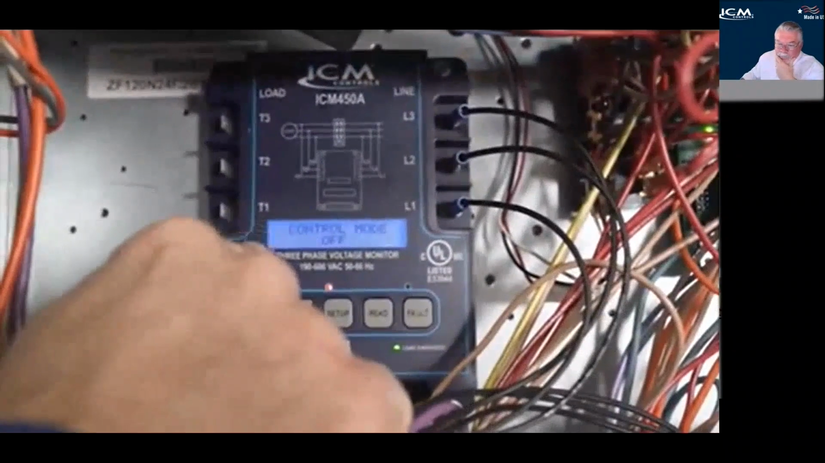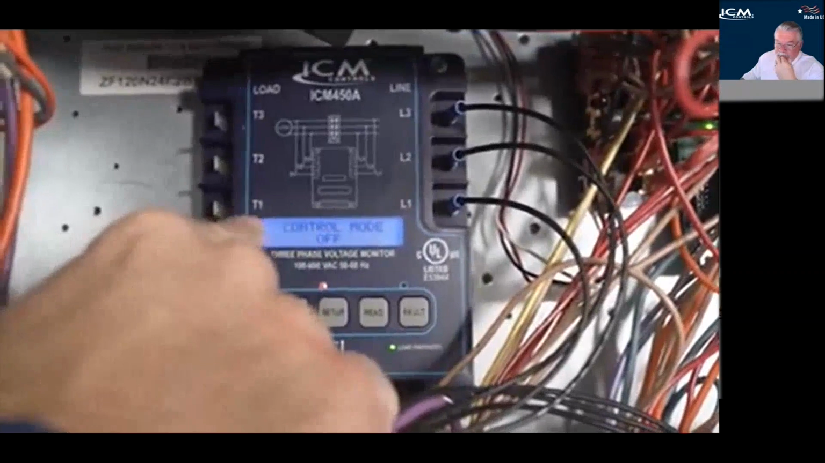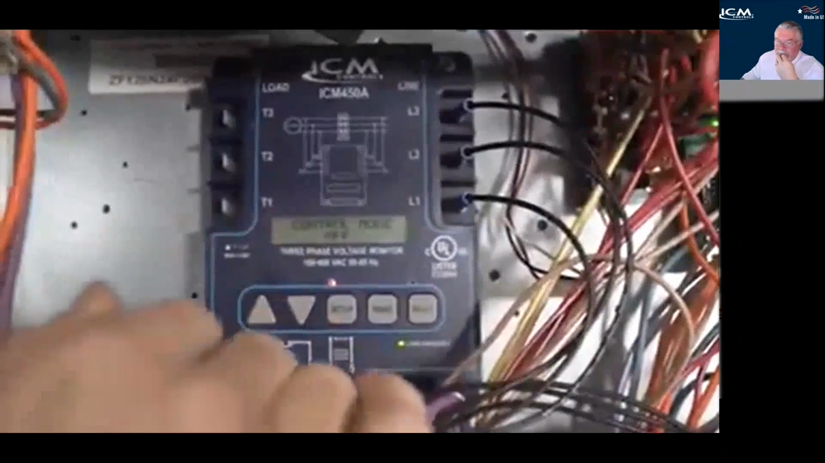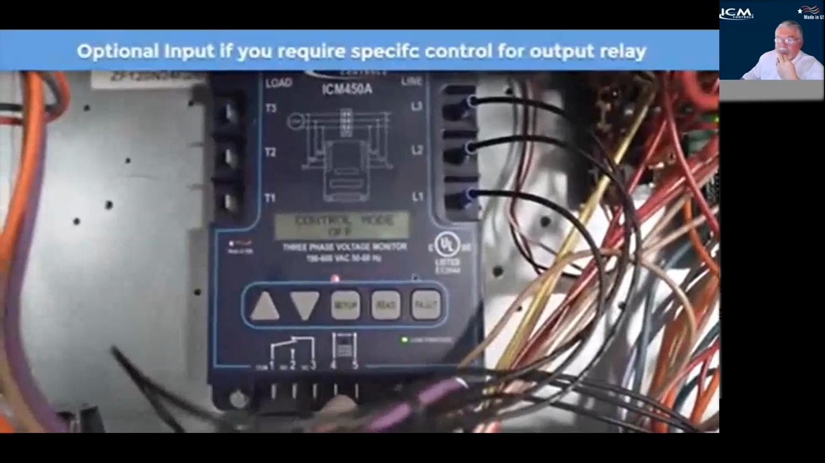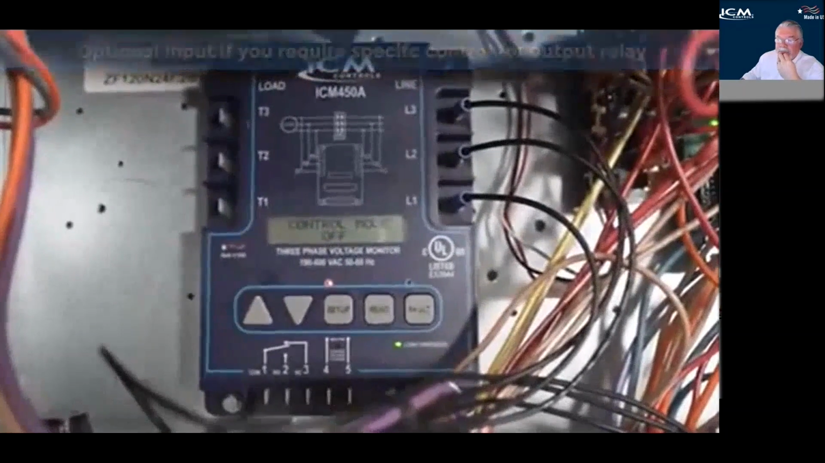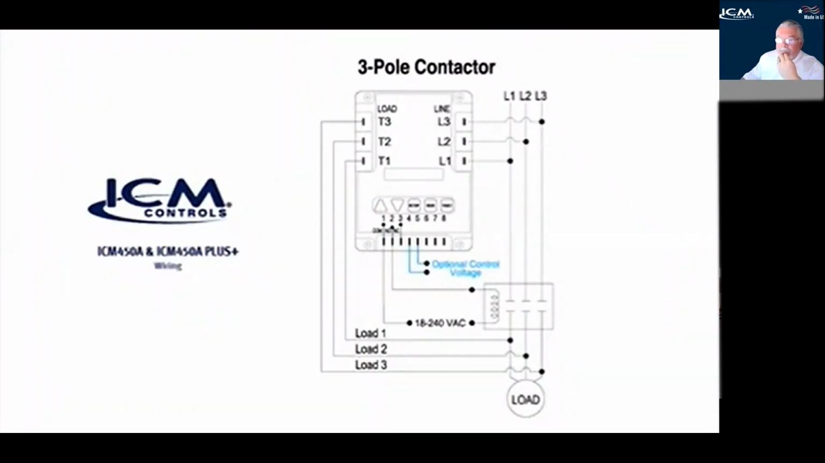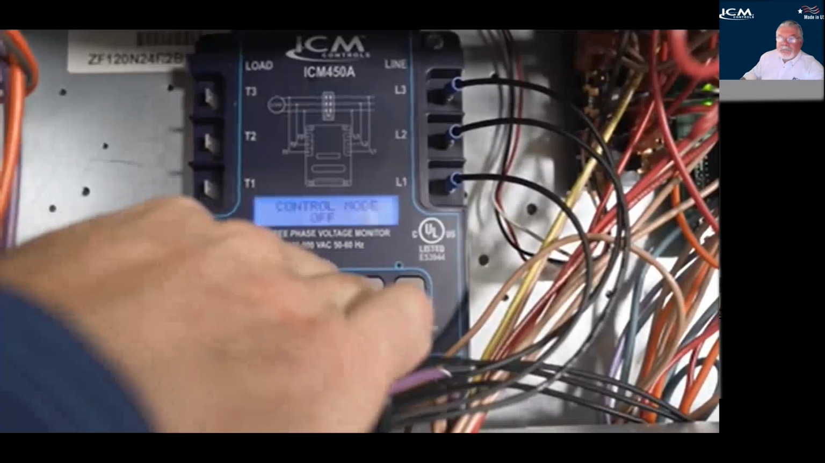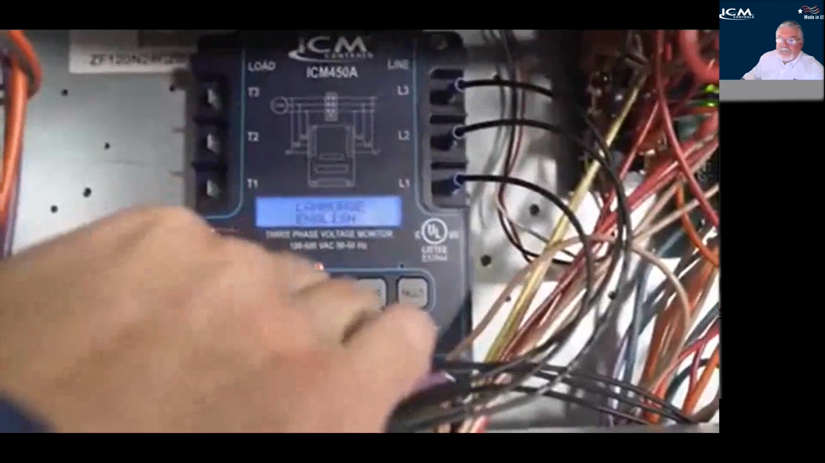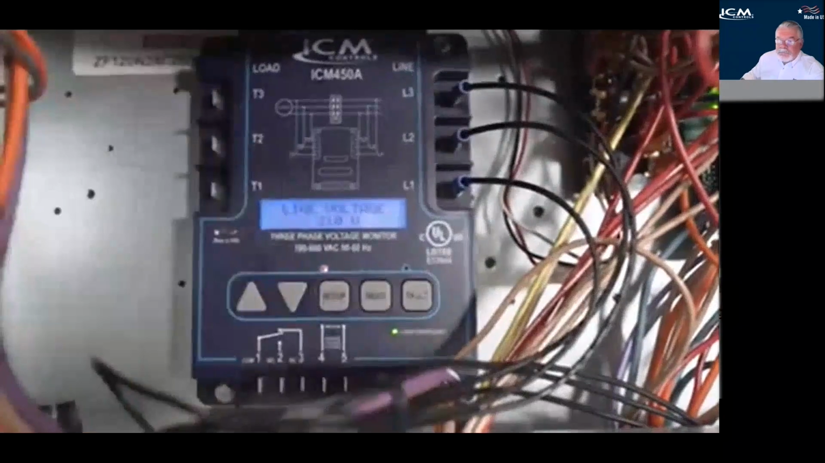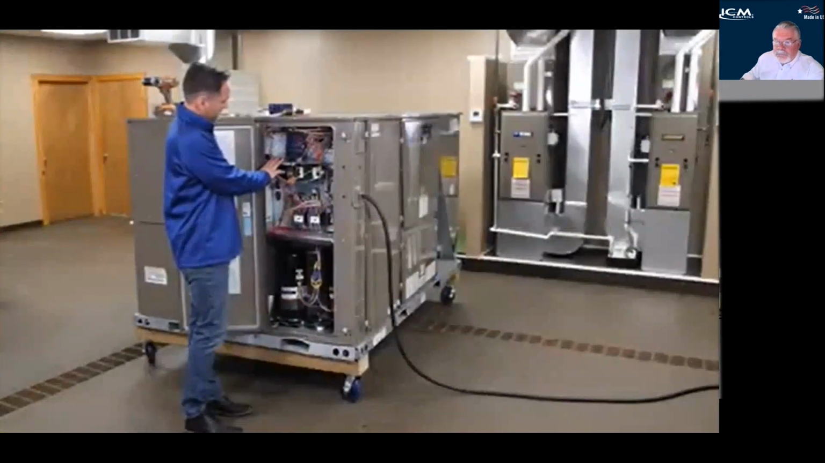The control mode, this is selectable to on or off. If you select it to on, these two terminals become active. This is where you can select English or Spanish for the menu. And that's it. We've finished setting up our